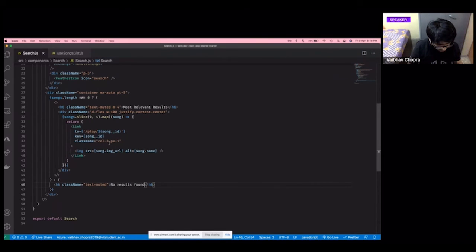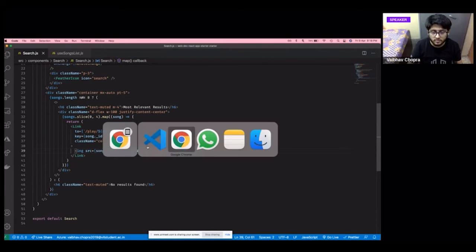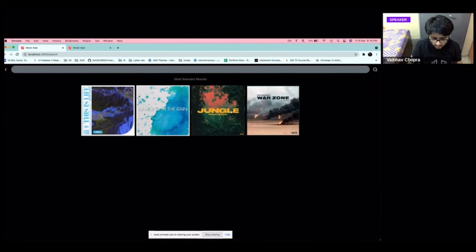That's fine. I missed this class name here, which is w-100. Okay, which is basically it forces the column to only have 100%. So now this is fine. Okay, this is working now.